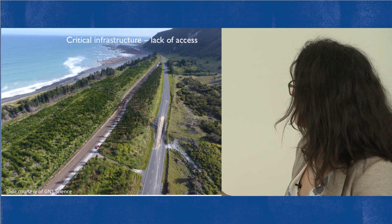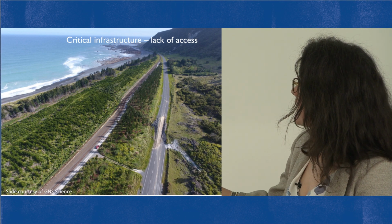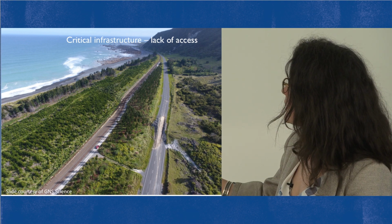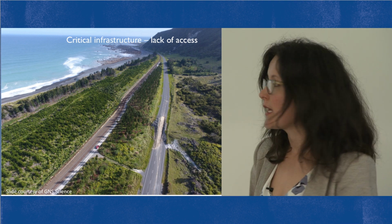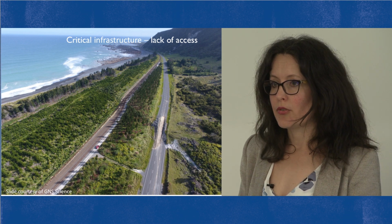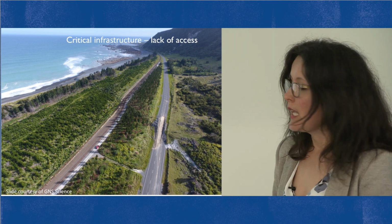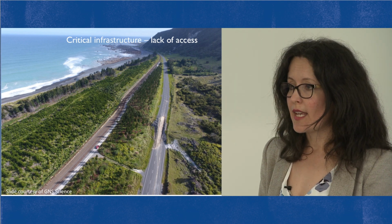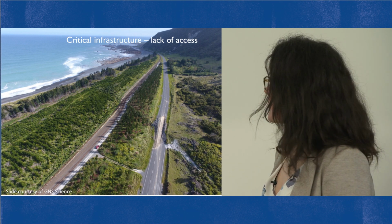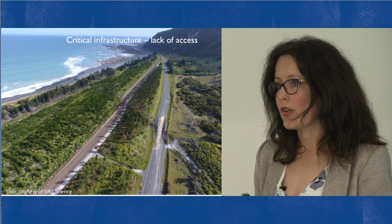So this is one of the faults. There were 21 faults involved in the Kaikoura quake, but this is one of them carving its way across the highway and rail network and creating a reef offshore as it uplifted part of the coastline in Kaikoura. And of course, the highway was closed and it hasn't actually reopened in parts around Kaikoura, and it's been closed for almost a year. So that's had significant implications for the movement of people, of goods, of services, and also consequences for other parts of the road network where